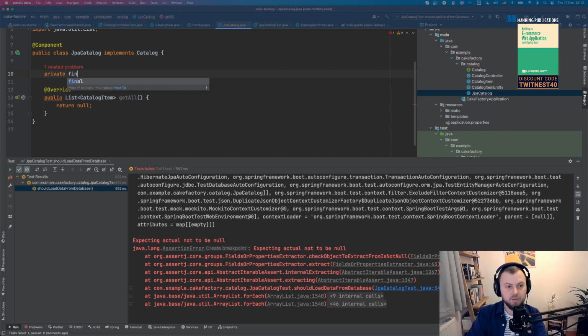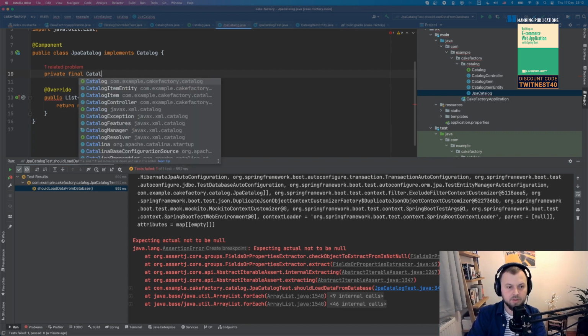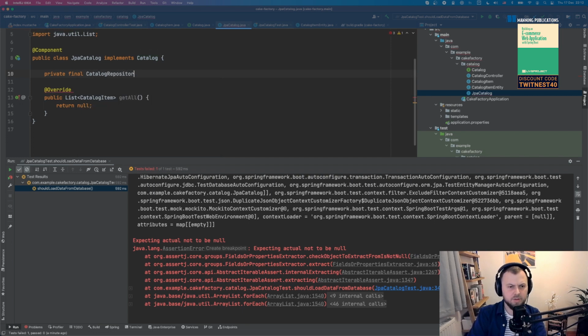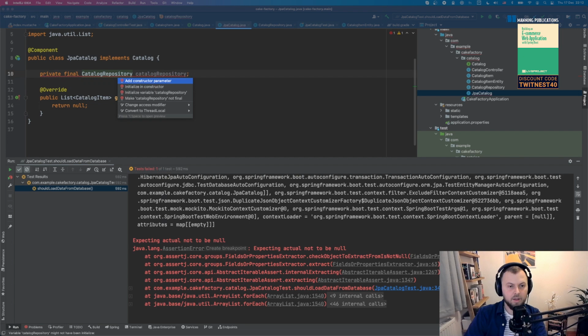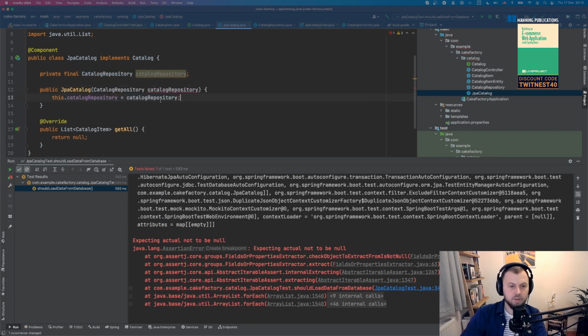So now what I'm going to do is inject my catalog item entity, right? It's called catalog repository, maybe, for simplicity again. So it's going to be catalog repository, right? And we're gonna create one. And we're going to be using dependency injection from Spring.